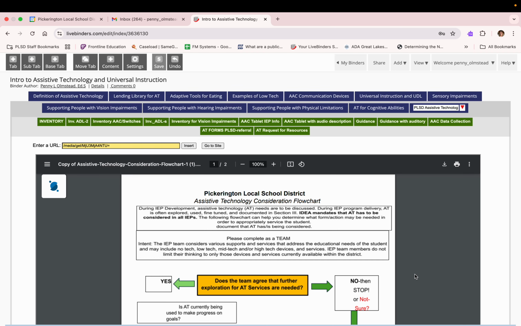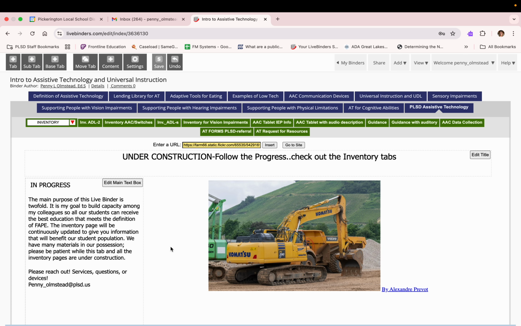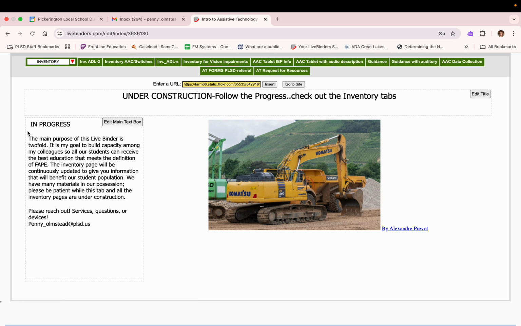So again, if you have any questions, please email me or call me. You can find that information up here where it says inventory, under construction, and it says here that, of course, this binder, especially this section, is in progress. The main purpose of this LiveBinder is twofold. It is my goal to build capacity among my colleagues so all our students can receive the best education that meets the definition of FAPE. The inventory page, which is right up here, and all of these under that, and there's even some sub-content topics